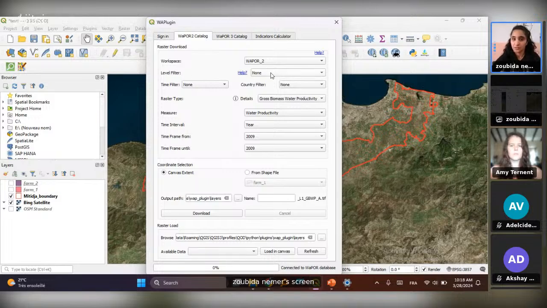Level filter means that you have to select if you are working on level 1, level 2, or level 3. So you remember that we have three levels. Level 1 in WaPOR 2 is at 250 meters, level 2 is at 100 meters, and level 3 at 30 meters. Okay, so after you select the level, you can select the time filter, because the data that is available